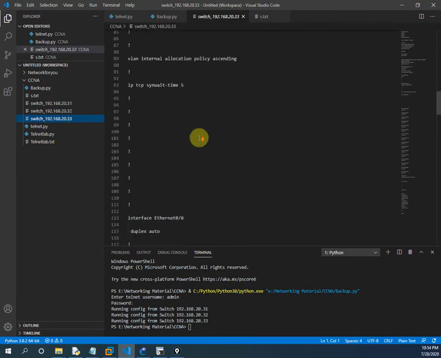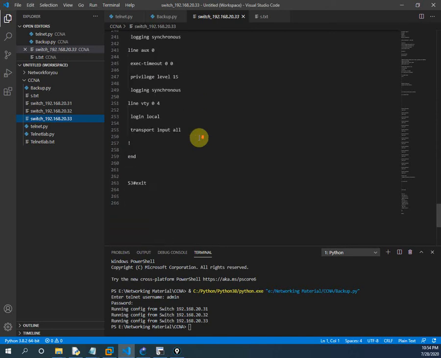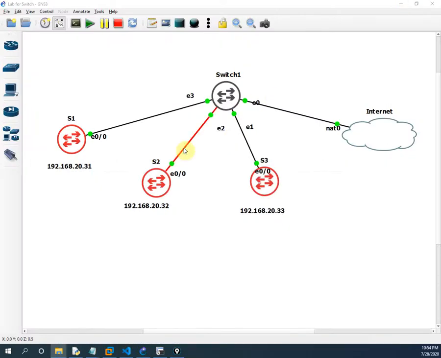So it is very easy, right? Before, we needed to copy and paste and make the configuration in Notepad, but here, nothing, just write the code and run the code. All the backups will be on your PC. I hope you understand this one. If you are having confusion, don't worry, we will not write any code at CCNA level. No need to worry about the code. You will not get coding in the exam. You don't have detailed coding in your syllabus. You have only the high level: what automation is, how it is improving our network, and what the syntax is, all the theory.